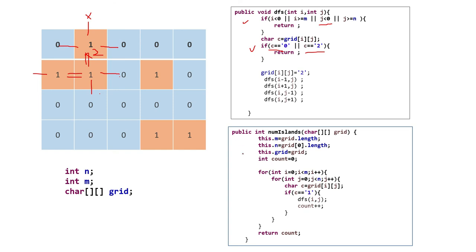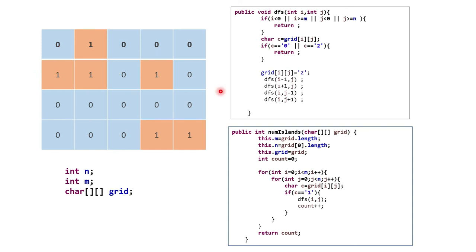So this is the complete code, and if you run it, what will happen? The first DFS call will complete and come back, and then it will make the count 1. Then at 0 0, all this area it can't go because it was converted to 2 after the DFS call. Again here it will get 1 1, and it will go into the DFS call. After it comes back, it will again add +1, right? And in the same way from here also it will start one DFS call and make all this one part, and it will be +1. So the answer returned will be 3. Now we will check in LeetCode.